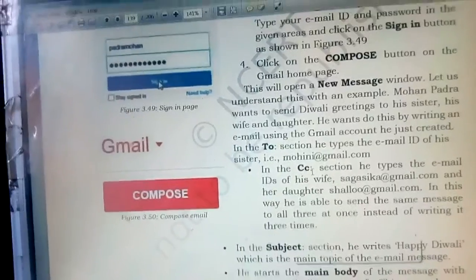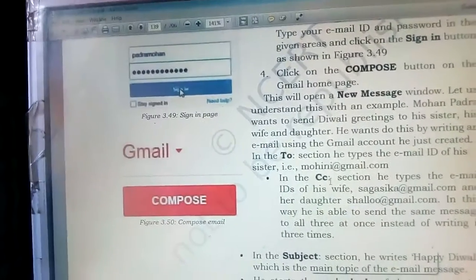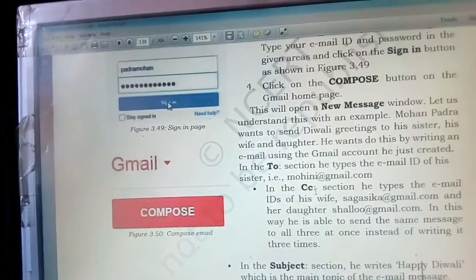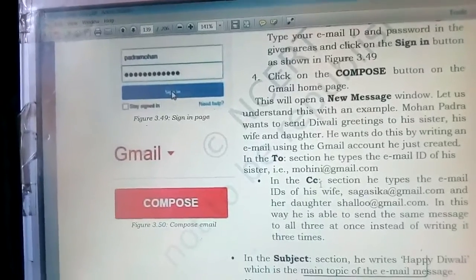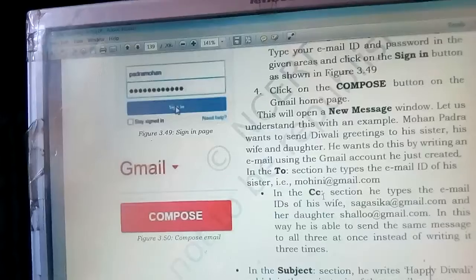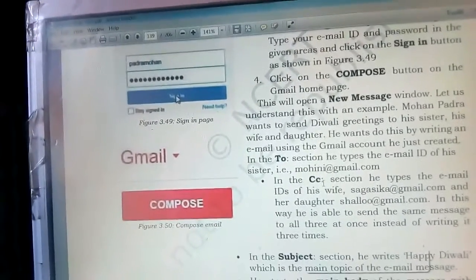Suppose you have sent the same message to three persons, these three persons cannot see the message of each other. So that is blind carbon copy. And in carbon copy, all the persons can see their own and others' messages, okay.